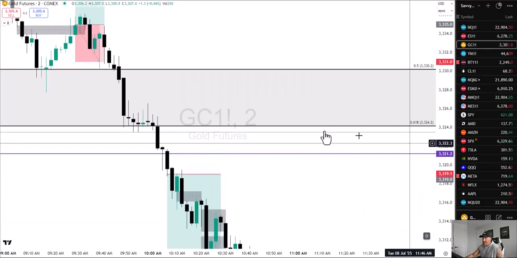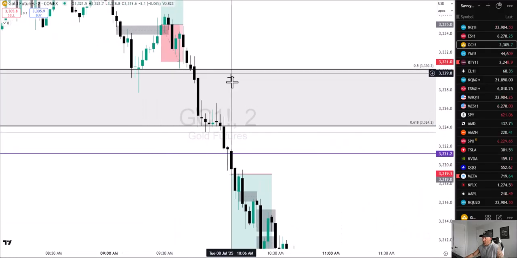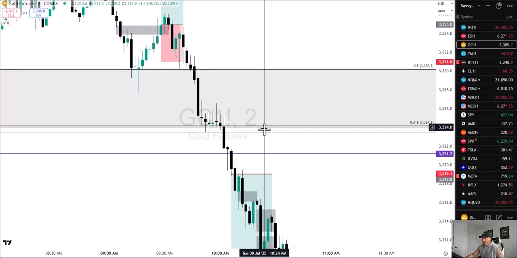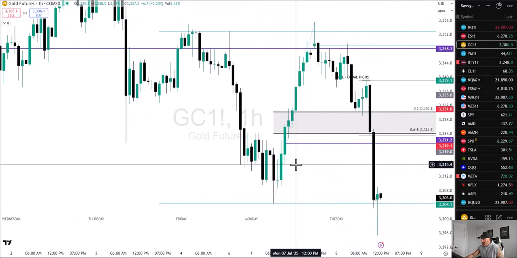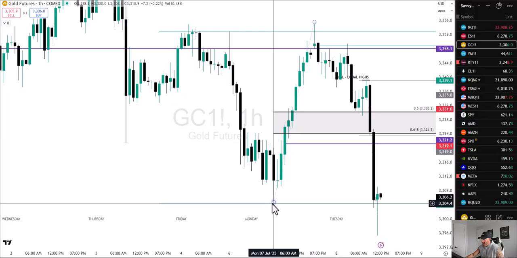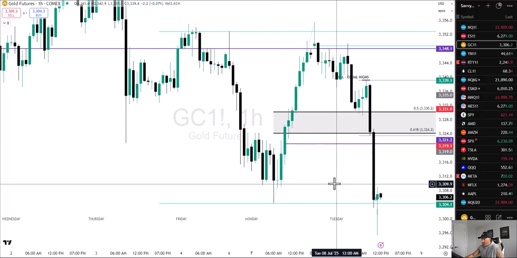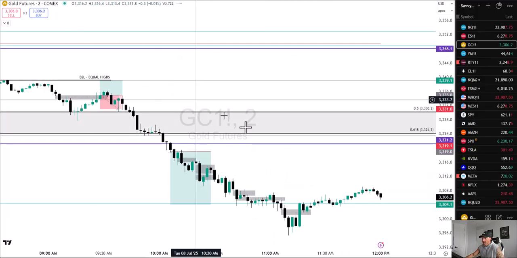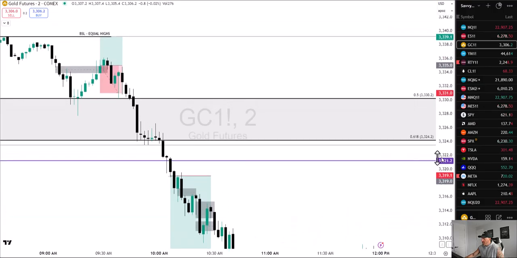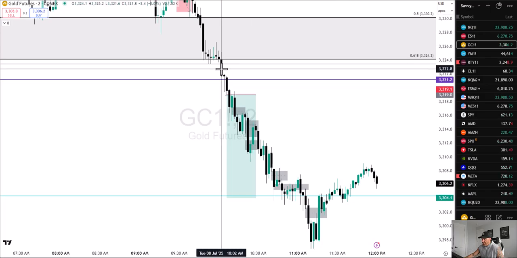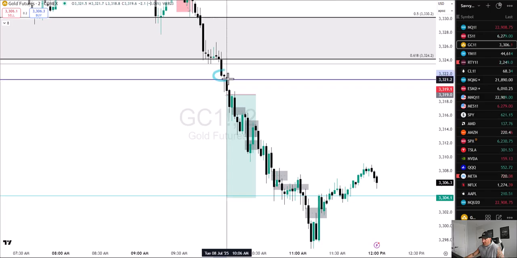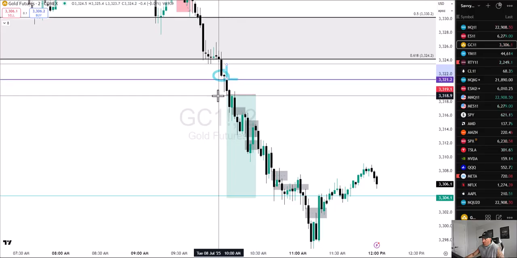So now when I see that we're pushing down, I notice that we disrespect this discount range. We're coming to a key level. And if you look here on the 1 hour, I notice that we have a low here, equal lows here, and then this previous yesterday low. Okay, so I was like, all right, we got some clear targets. If I can get a proper sell model below this level, then I'll enter the trade. Now this candle here, I was very, very patient, waited for this candle to close. This candle opened. I noticed we didn't push above the body close. We had a nice close down here.